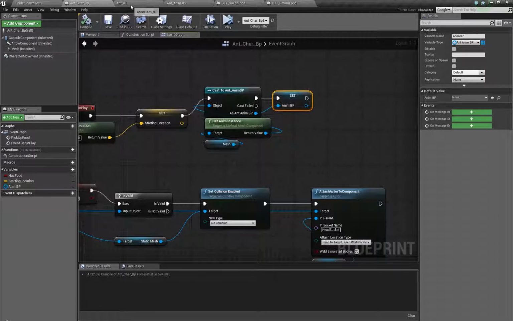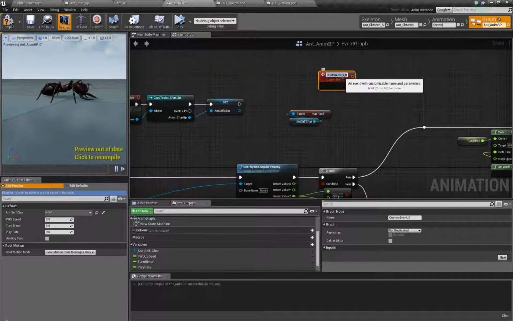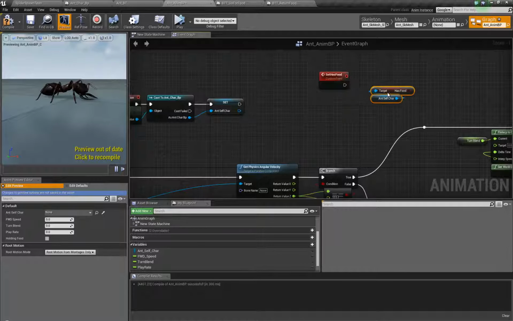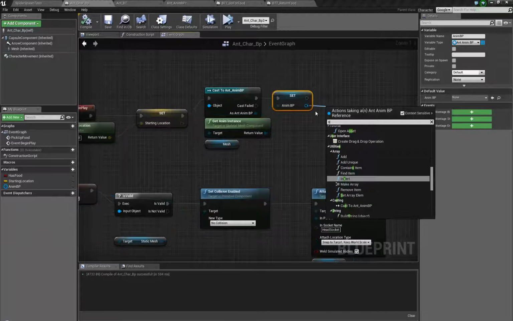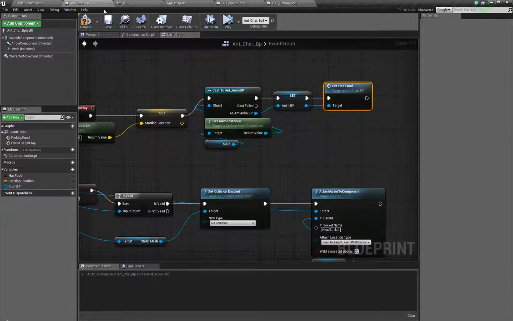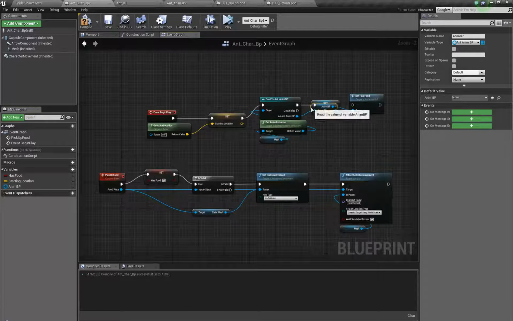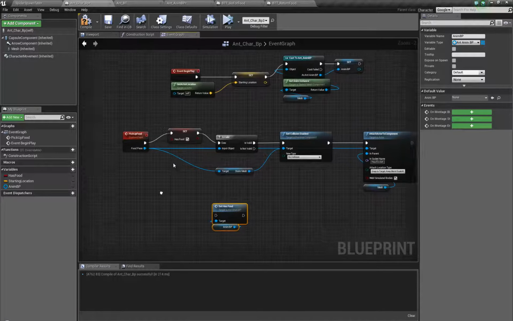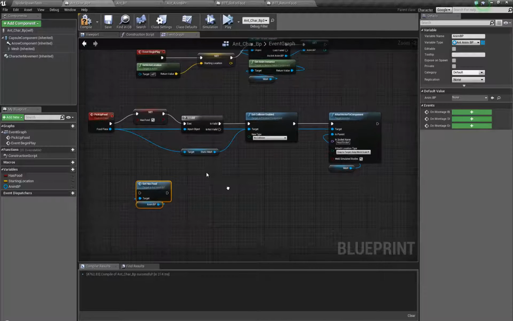Because if I come here into the animation blueprint, set has food, I think I can call that, right? So why check that on tick when I can tell it directly? Well, I don't really want to do that on begin play. I'm going to need this hooked in. So what I can do is now I can say actually,